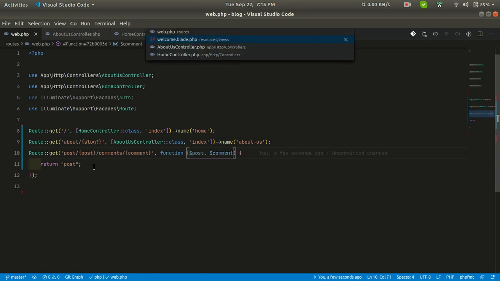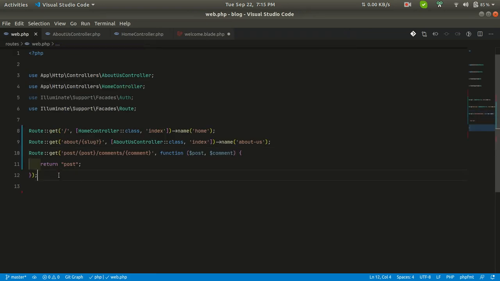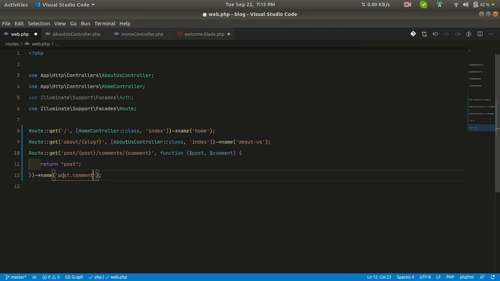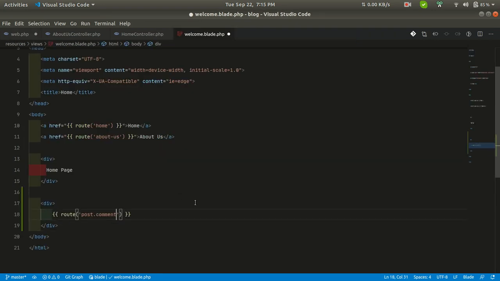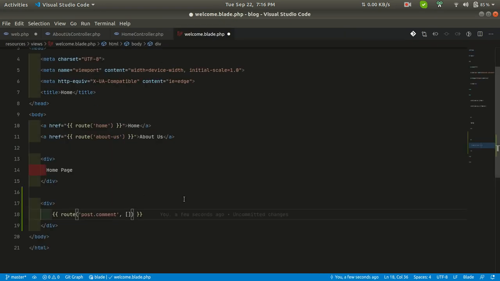Now if I go here, let me remove this one, and also let me give it a name: post comment. Now if I give it post.comment, as you can see here, it is the same name, post and comment. Now how to pass post and comments over there? We have to give the same name as the parameter name.